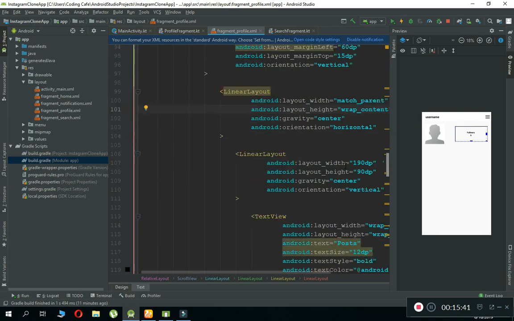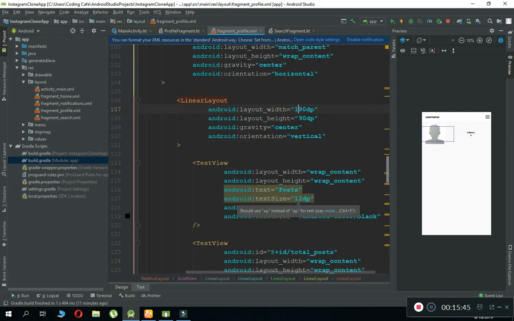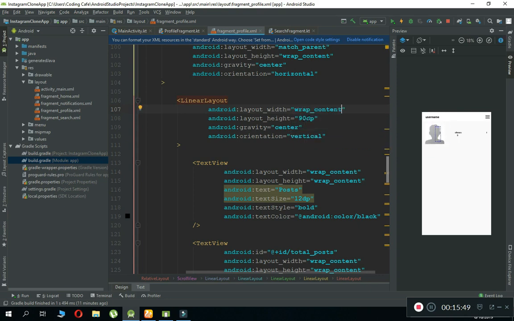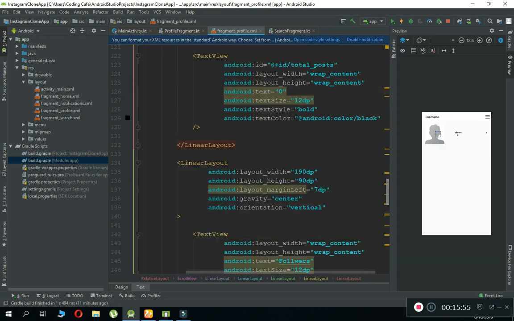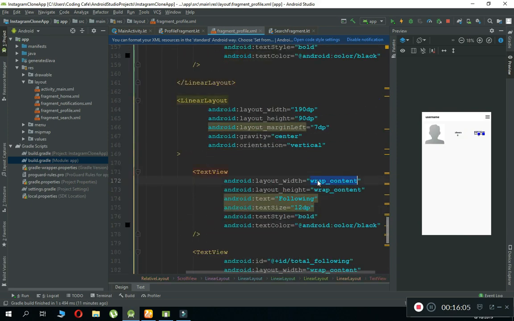Then come down and here for this linear layout which has this post, just change this one to wrap content and this one to wrap content. And the same we will do here, which is this linear layout, wrap content, and also this last one which is for the following. So wrap content,